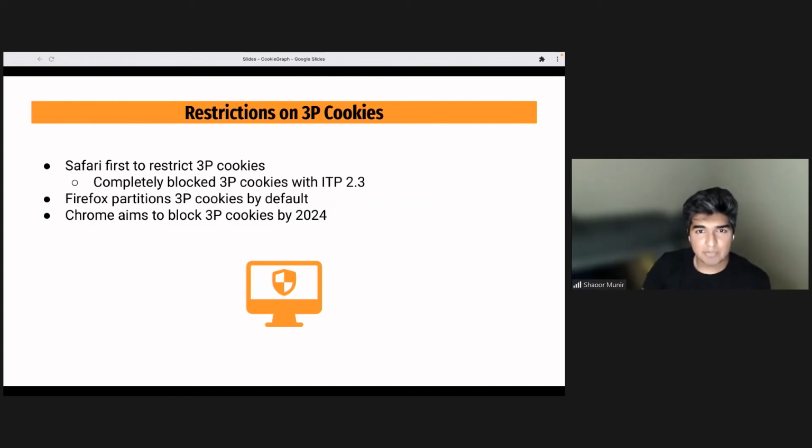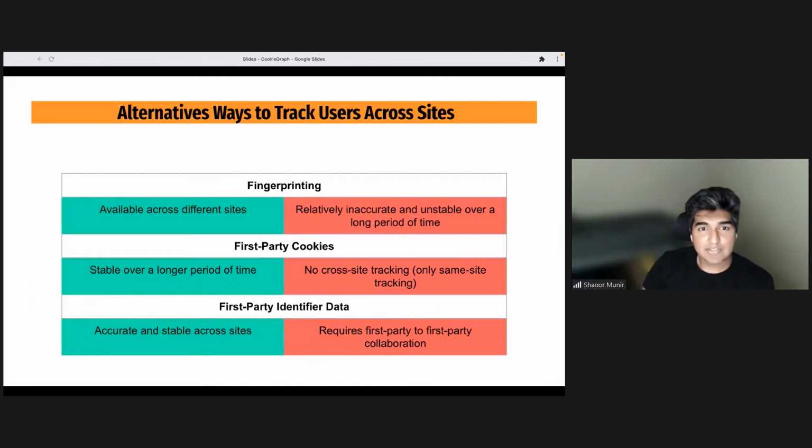Currently, Firefox partitions third-party cookies by default, which means that although third-party cookies are allowed to be set, their values are only available on the site they were originally set on, which renders them unusable for cross-site tracking. Google Chrome, on the other hand, does not have any restrictions against third-party cookies, but their aim, at least at the time when I started this presentation, was to block third-party cookies by 2024. But we still have around 10-15 minutes left, so they might push it back another year. Let's hope so. Okay. Anyways, considering that third-party cookies are going to be blocked on the majority of browsers within a year or two, depending on how Google Chrome behaves,